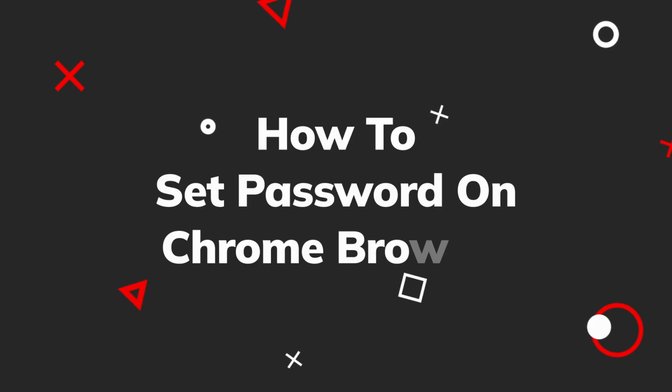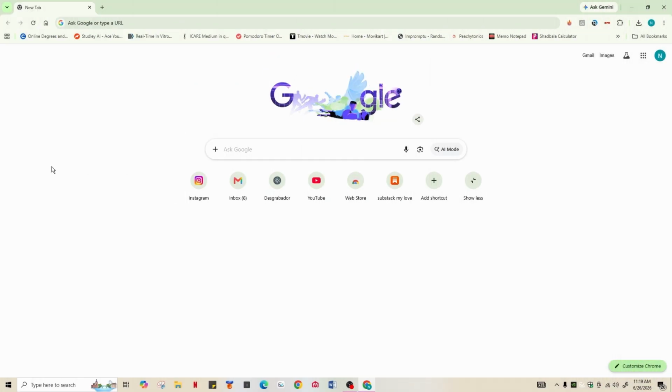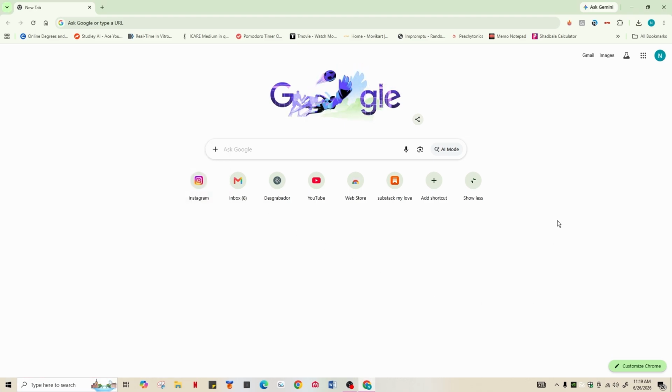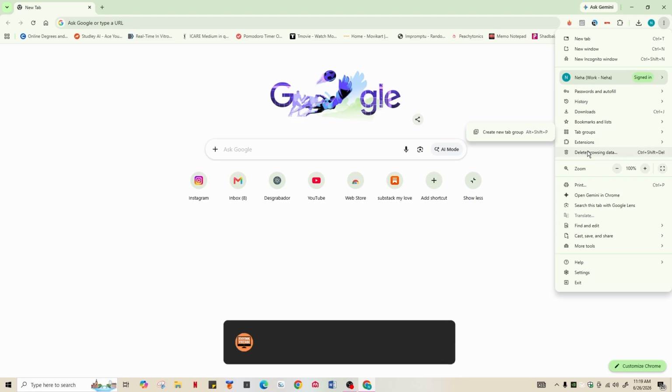Here is how to password protect your Chrome browser to prevent unauthorized access. So first, launch your Chrome application and log in, and then click on the three dots in the top right corner of your screen. From the menu that appears, access the extensions section, which is between tab groups, and delete